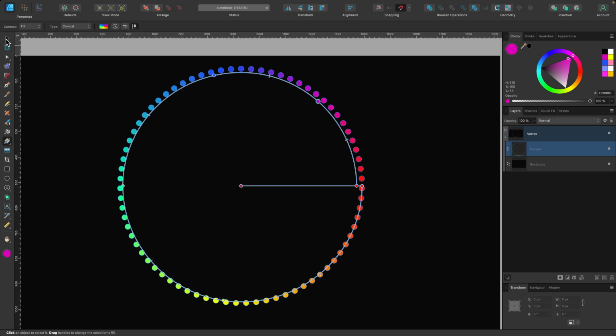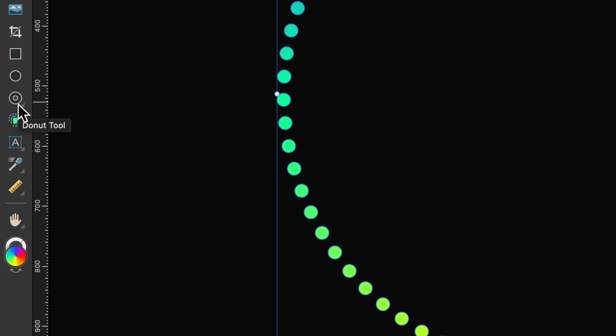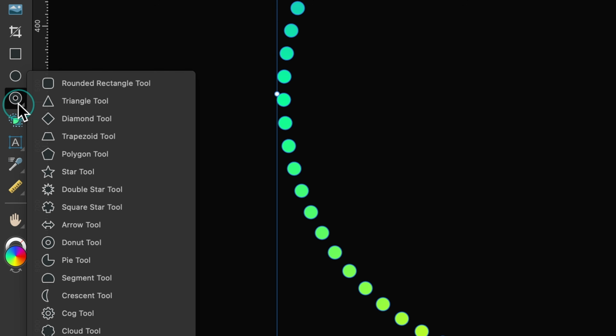Okay, so now I'm going to press on the move tool, and before I do anything else, I want to add to it. So we don't have to just use the move/duplicate on just this shape. Let's add a little something extra. So I'm going to head on over to the donut tool here. Click on it. If the donut is not showing for you, just long press and you'll see it down there.